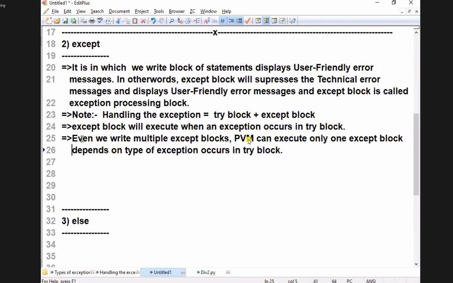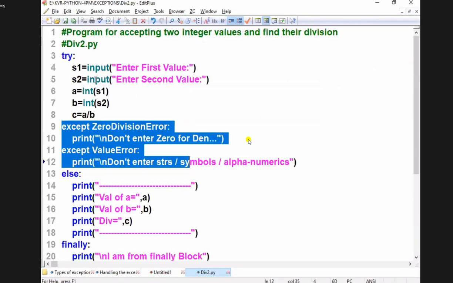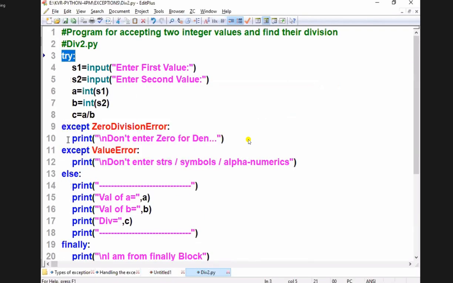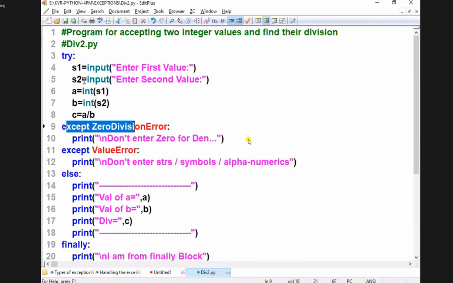Are you understanding, students? Right. These are the points to be remembered under the except block. Moreover, what is the placement of writing this except block? What is the order of writing? First, which block did I write? And next what? The except block is written after what? Can I write the except block before try? The except block is to be written after which block, and before where? The else block.